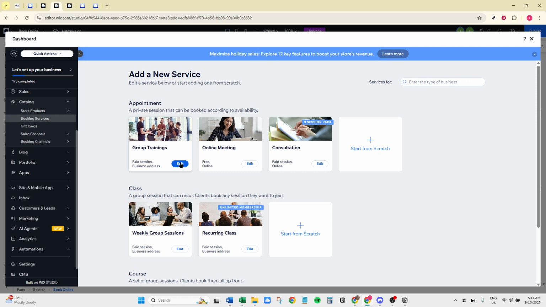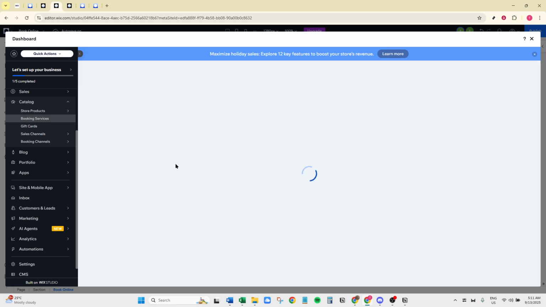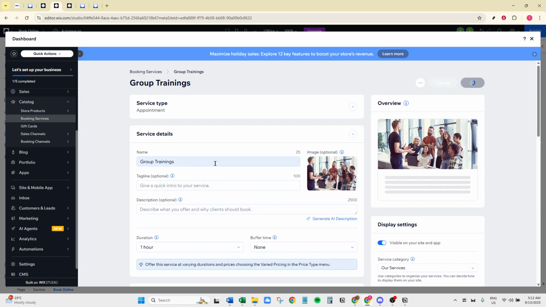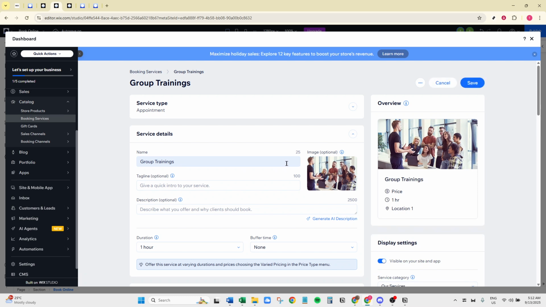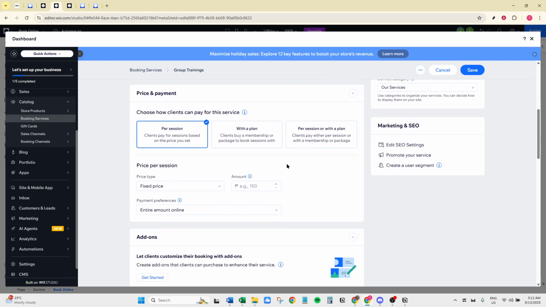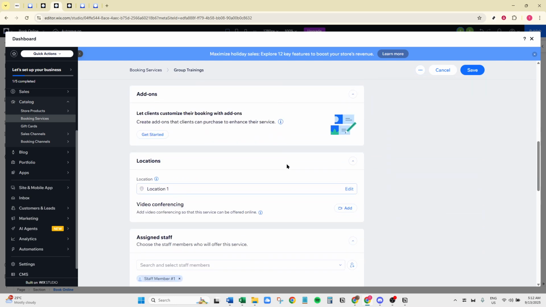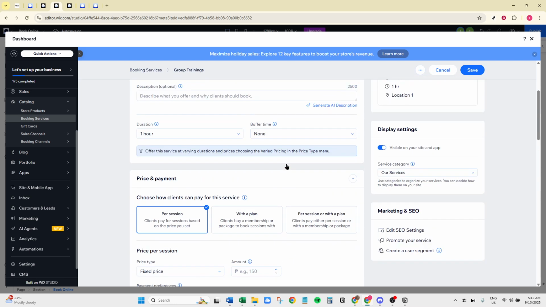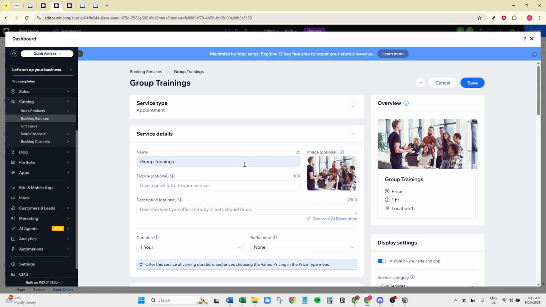Once you've placed the bookings element on your site, click on it and then hit Manage Services. This is your go-to area for setting up everything related to your bookings. If it's your first time here, you might see some default services. You are free to customize these or create entirely new services to reflect what you offer.